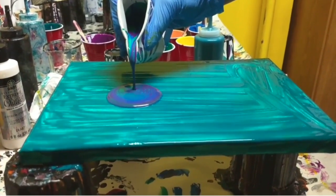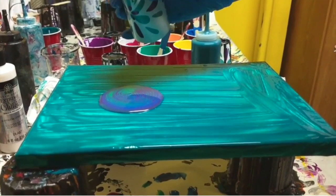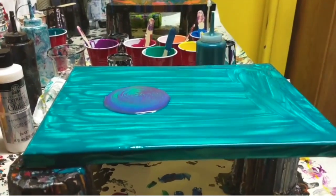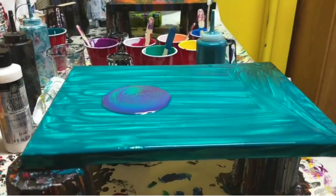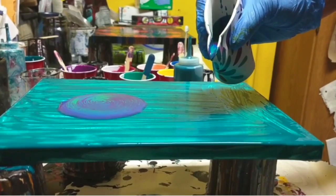And we'll see, I might change tactics right here and decide to do something different with my center color, because what I have is not super dark. Not getting my favorite contrast here. But well, I have to do what I...